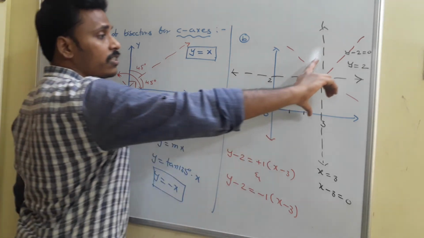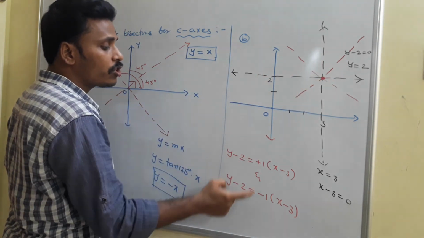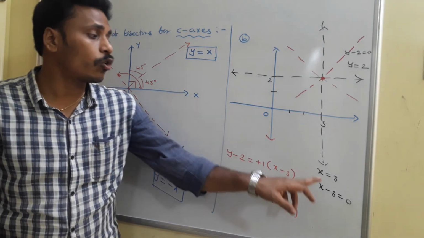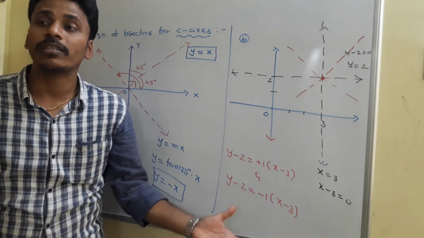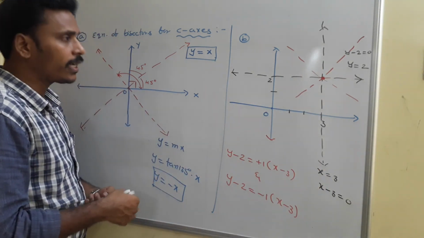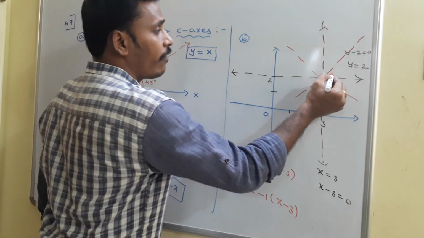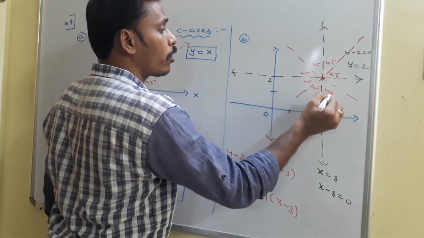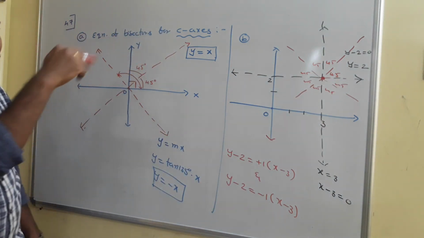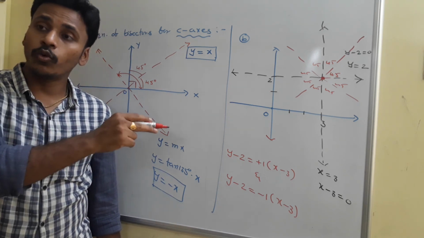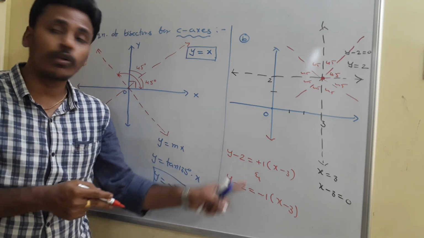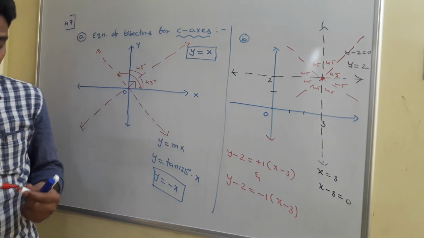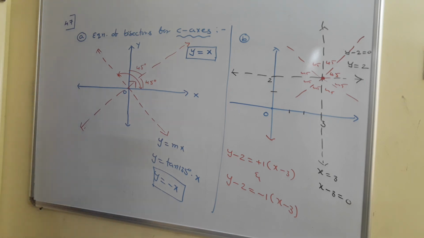Here also the same thing. For the lines x equals 3 and y equals 2, these two lines act like bisectors, and for these two lines, x equals 3 and y equals 2 are again bisectors. You just have to think about it. Since these are the bisectors and these are lines, every angle here is 45 degrees. So with that idea of the angles, the given two lines act like bisectors for these two lines, and these two lines again act like bisectors for the given lines. Just have a look, you need to analyze everything. Okay, this is just point 47.